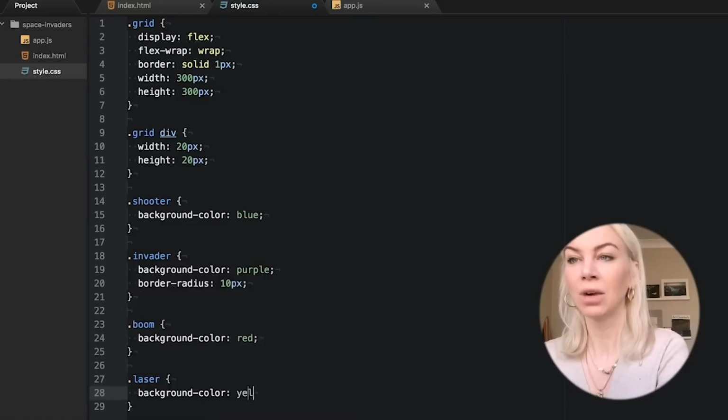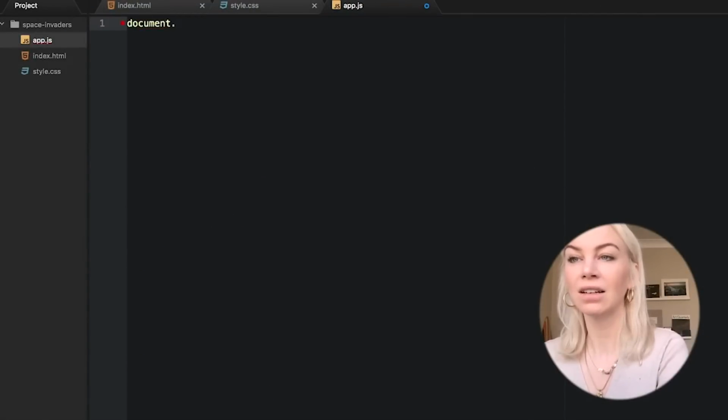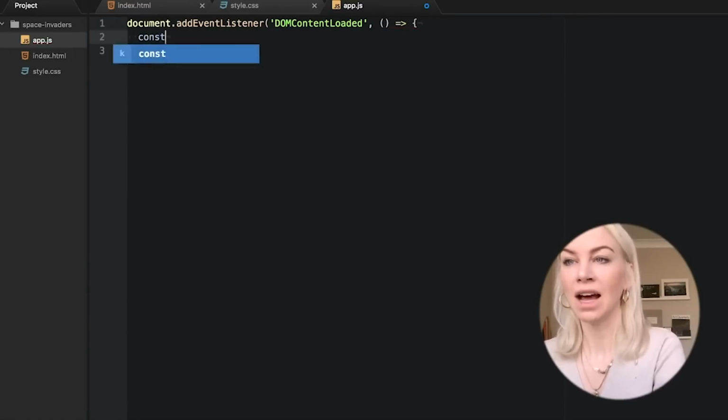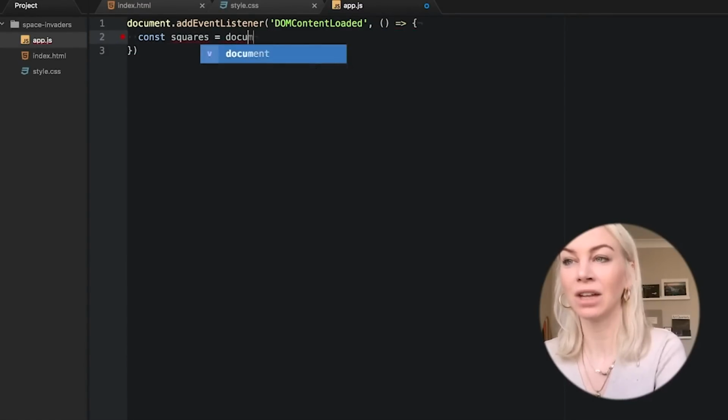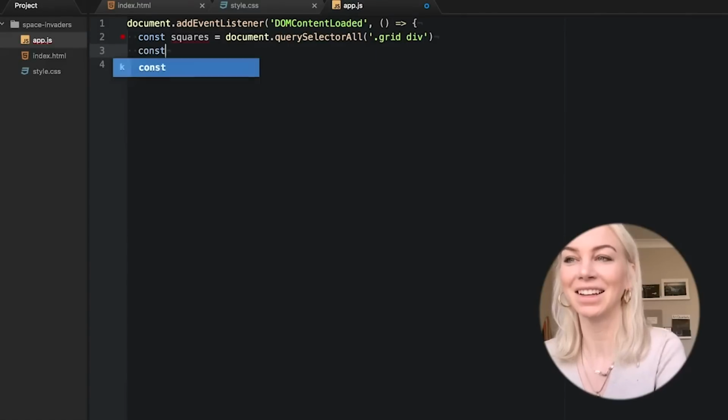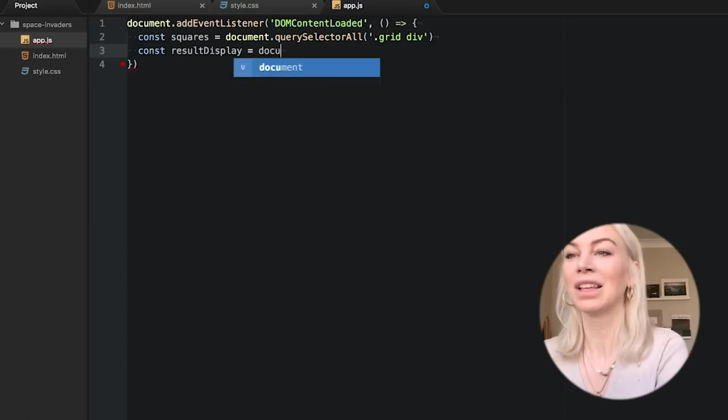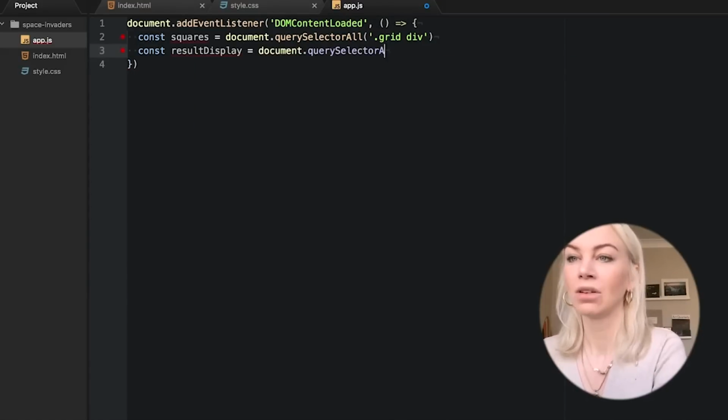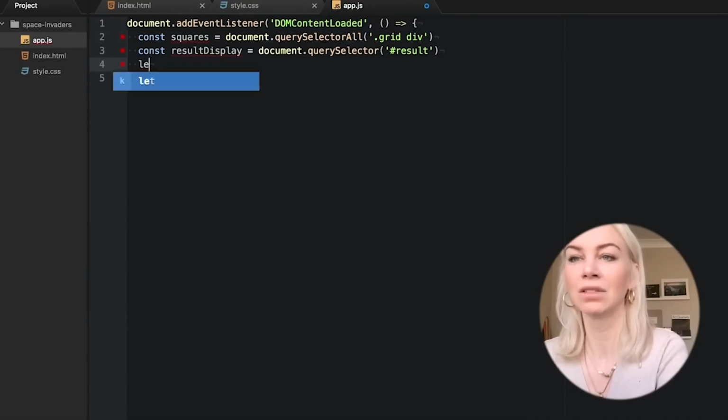Let's open the HTML file path in our browser to check that looks fine. Okay, great. Now let's go to our app.js file. We start off by adding a DOM event listener. All our JavaScript code will go inside this event listener from now on. Now let's pick out the classes and IDs we have defined using query selectors. As there is more than one element that is considered a div inside the element with the class name grid, we need to make sure to use querySelectorAll for the squares. Also note how we use the hash when we pick out our ID names rather than the dot for class name.